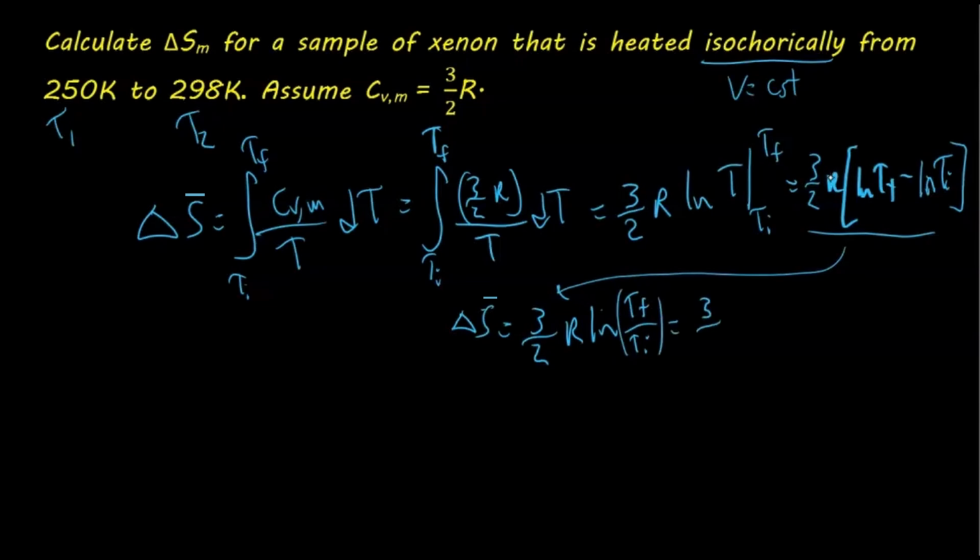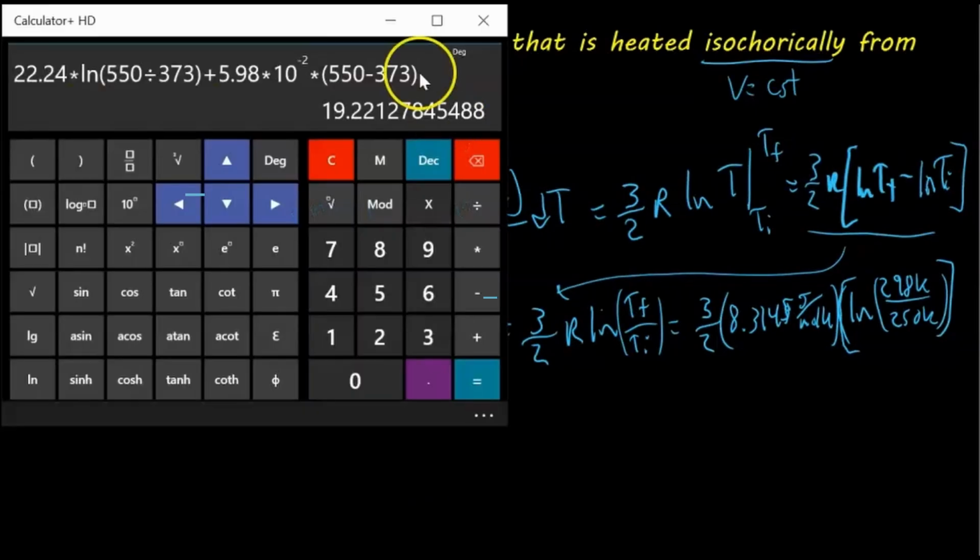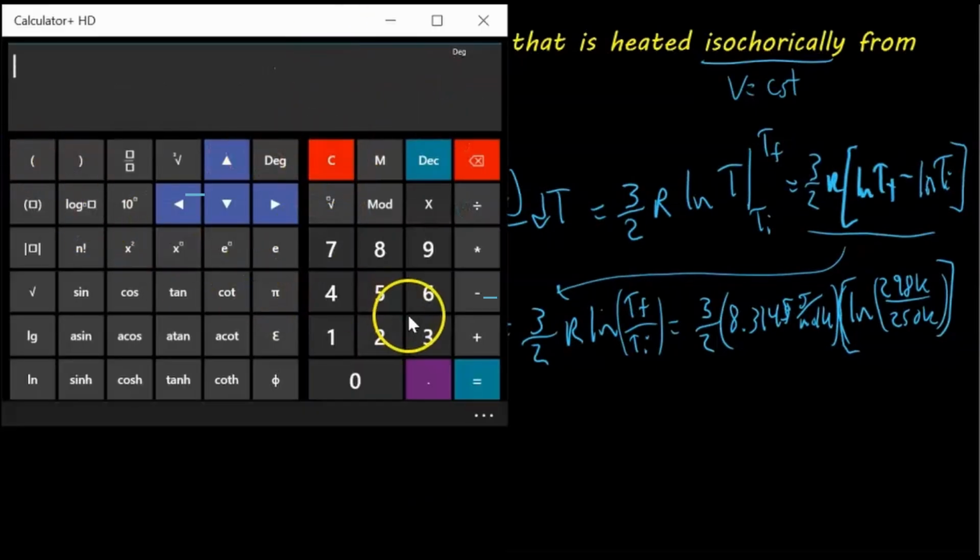And we can plug in our numbers, 3 over 2. We'll want to use the R with joules, so 8.3145 joules per mole Kelvin, and ln of T final, 298 Kelvin, over 250 Kelvin. Okay, so we'll just literally plug that into the calculator. 3 divided by 2 times 8.3145 times ln of 298 divided by 250